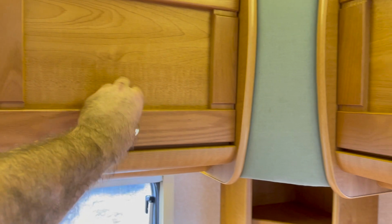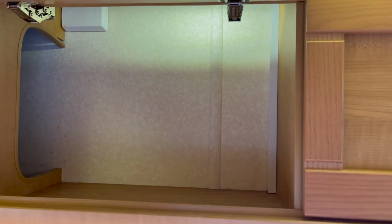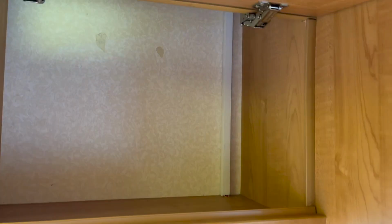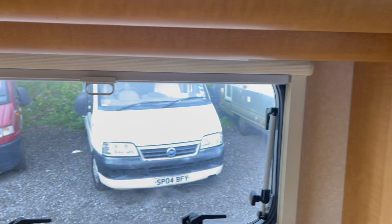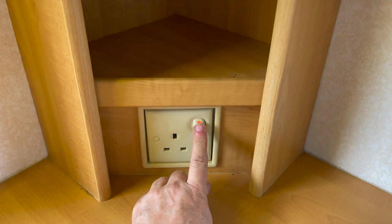Yeah, I'll be happy to deliver this anywhere in the United Kingdom. I'll drive it after a £500 deposit, and I'll just get the train back if you're happy. And I can't see any reason why not. All the windows open, lots of mains sockets,